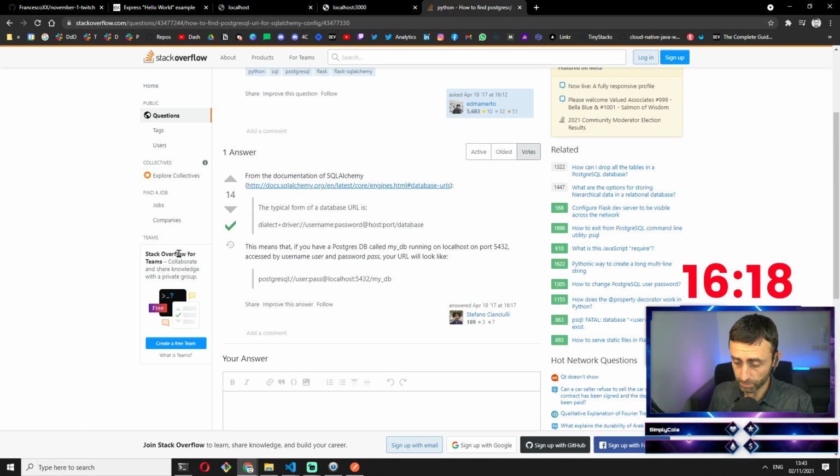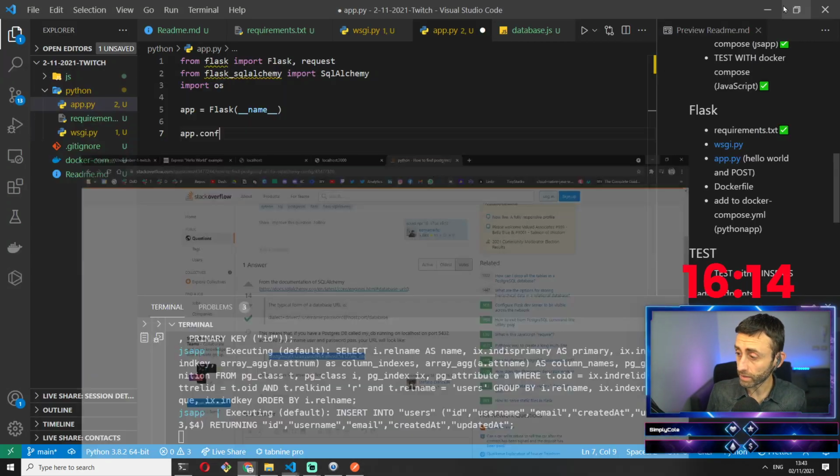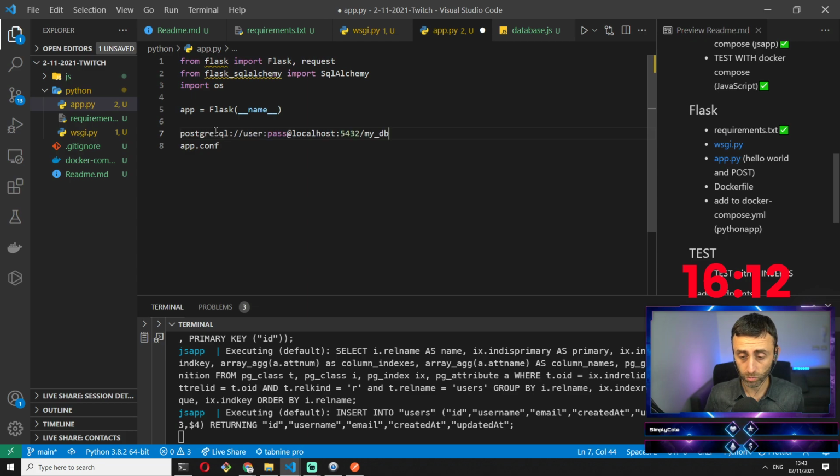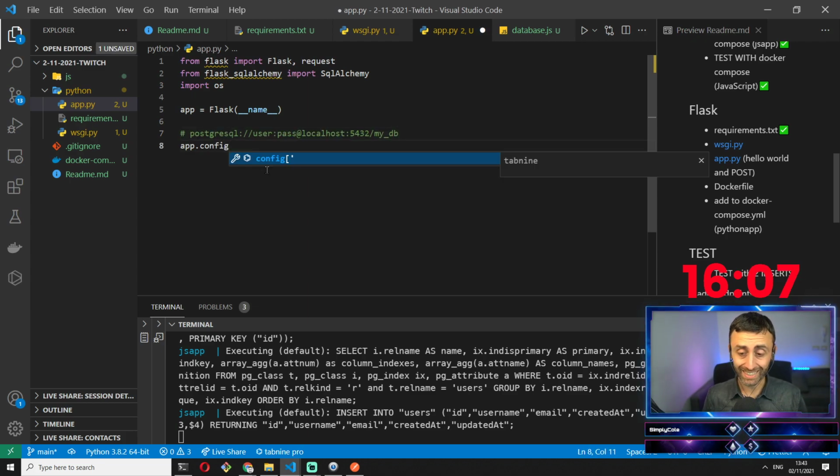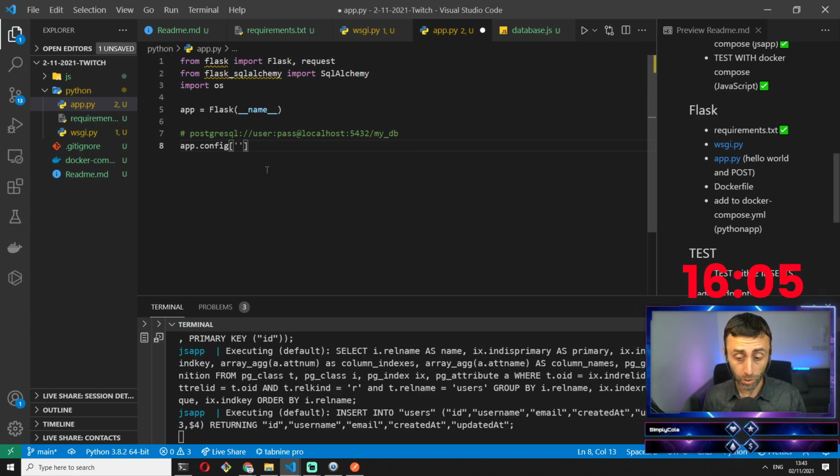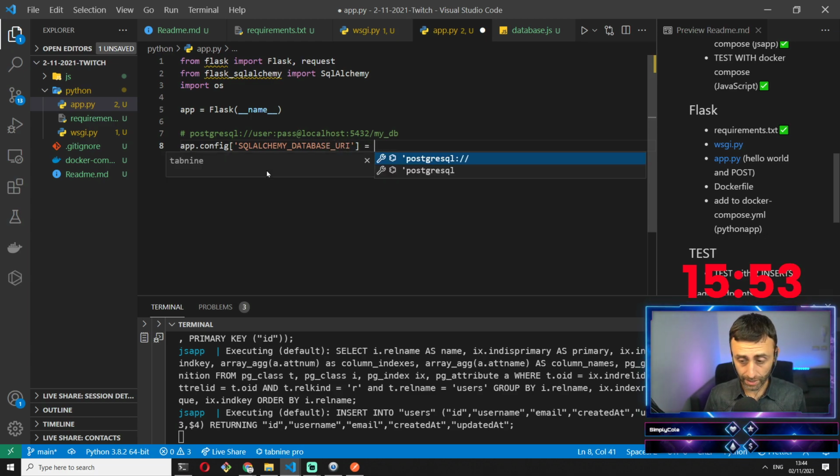We have something like that. I think, to create. So let me do this. Okay, so let's take this from the environment variable that we'll define later. So this must be SQLALCHEMY_DATABASE_URI, and this is equal to